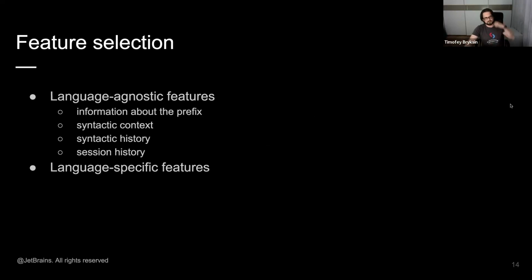So let's look at these features in more detail. The aim of the features, in general, is to describe the completion context of every given suggestion the best way possible without actually giving away any of the written code, as I just explained. The context here relates not only to the code right before the caret, but basically anything that can influence this choice. There are several groups of language-agnostic features, and there are language-specific features.